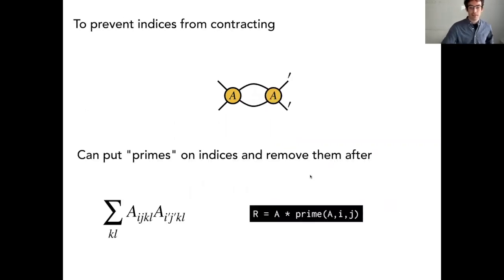Okay, and then just lastly, this one's just sort of a quick slide to say that if you're following the logic of those rules, you might realize that this is a very greedy system to contract. Any indices that can be contracted will. Sometimes you don't want that. To prevent that from happening, you can add these lightweight primes onto indices, and that sort of pries them open, and then they don't contract. So we have ways of dealing with cases like that.